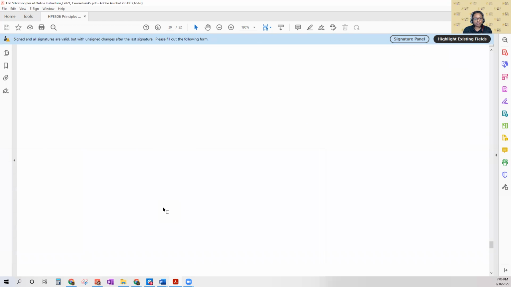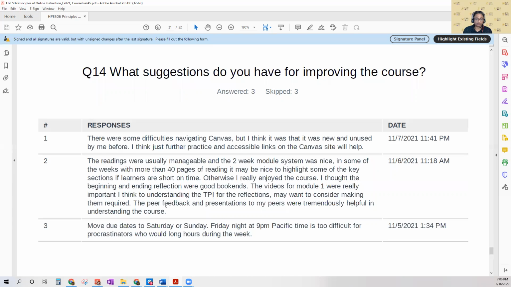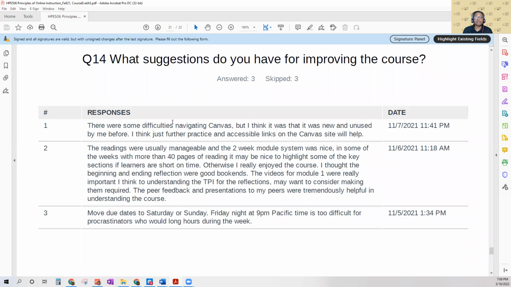I'm now going to look at what did not work, right? So, what suggestions do you have for improving the course? The first thing I see over here is difficulties navigating Canvas. Okay, and accessible links on Canvas site will help. So obviously it's navigation and the links that are a problem.